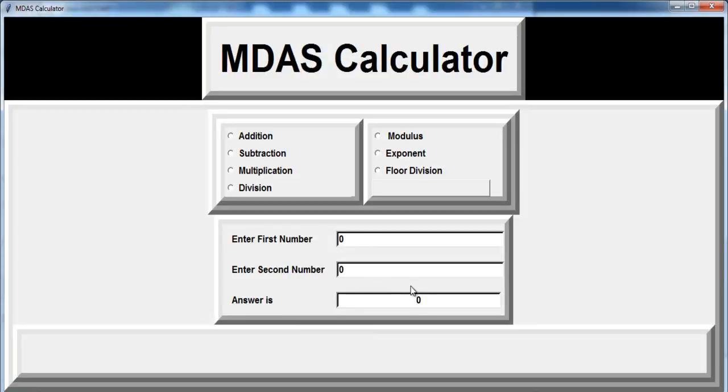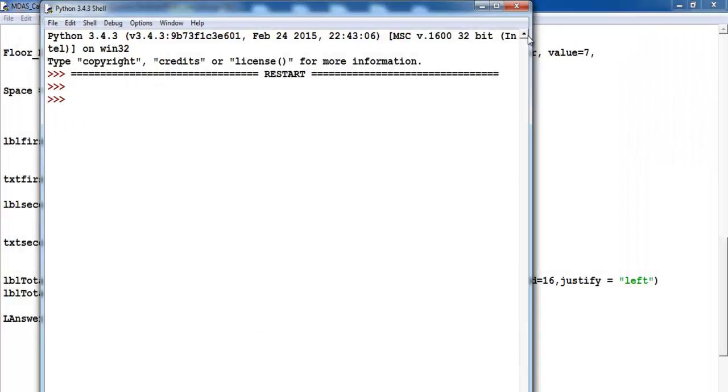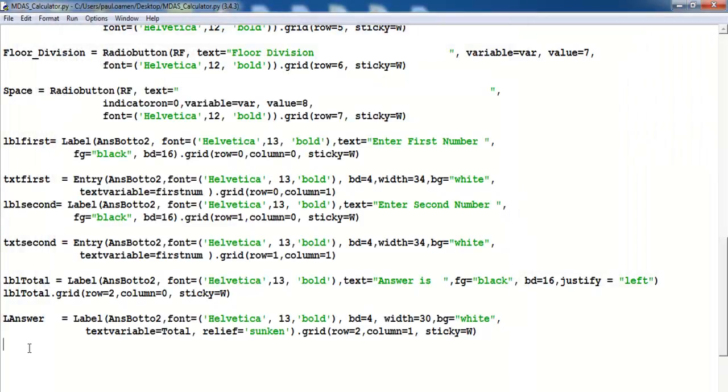Alright, here we just need buttons there. So let's close that and create our buttons. The first button here will be, let's call it sum up. That's the sum up button, equals button, and